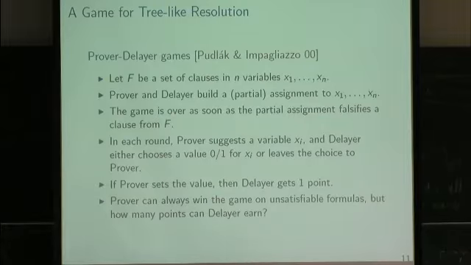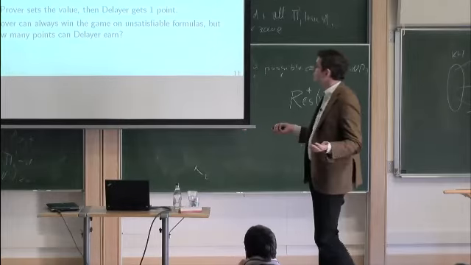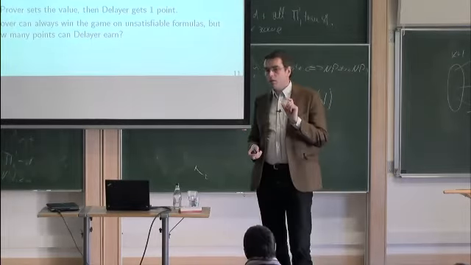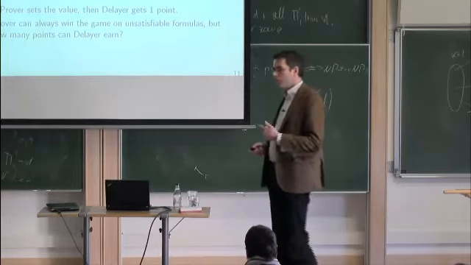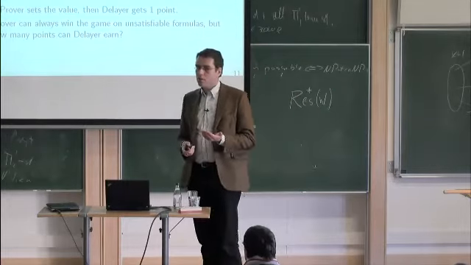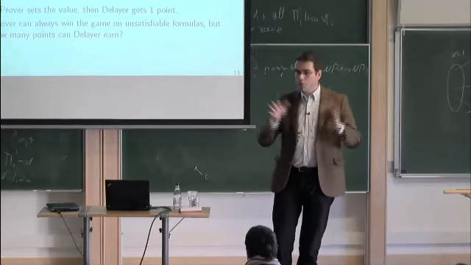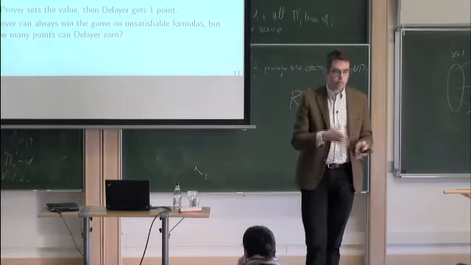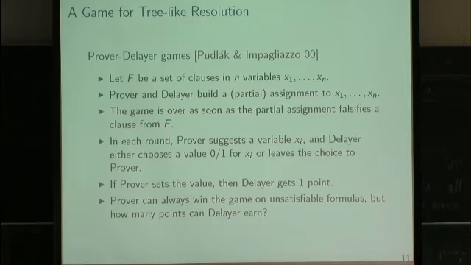The game proceeds in rounds. Each round starts by the prover asking some variable: what is the value of xi? And please tell me about your secret assignment. The delayer has two choices. Either he can say, for xi I have the value 0 or I have the value 1, or he can be even more bold and say, in fact, not only do I have one satisfying assignment, but I have so many satisfying assignments that you can choose the value yourself, I don't care. Whenever he makes this very bold move, the delayer gets 1 point.